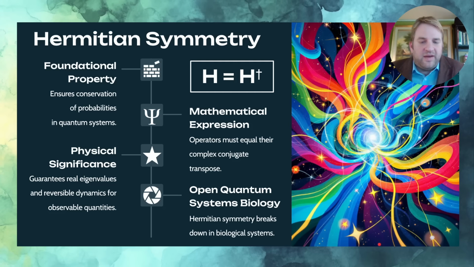So for something to have Hermitian symmetry, it means that the operator, the Hermitian operator capital H, must equal its conjugate transpose, H dagger. The physical significance of this funny mathematical property is it guarantees that the eigenvalues, the energy states of the system, these discrete packets of energy, are real. They don't take on imaginary values. And if we use this Hermitian, say Hamiltonian operator, to describe our dynamics, the dynamics will be reversible, that nothing is lost or gained, and we could say play the tape of our dynamics of our system backwards, so to speak.